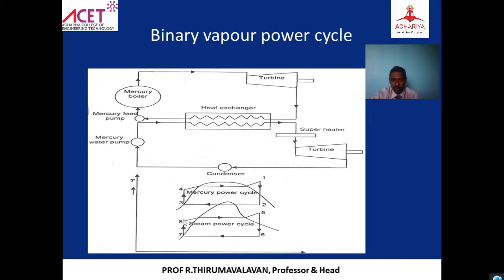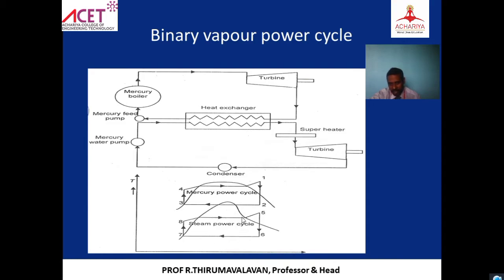So see this one, the vapor power cycle. 3 to 4 is the mercury pump, 4 to 1 is heat addition in the mercury, and 1 to 2 is the work done by the mercury turbine. Then 3 to 2 is for the condensation and again pumping. So here this 2 and this 8. What happens at 2 is the heat removal process of the first cycle. 8 is heat addition. How is the heat added? It takes the heat from point number 2. The temperature goes on rising up. Right? So that is again expanded in the low pressure turbine.